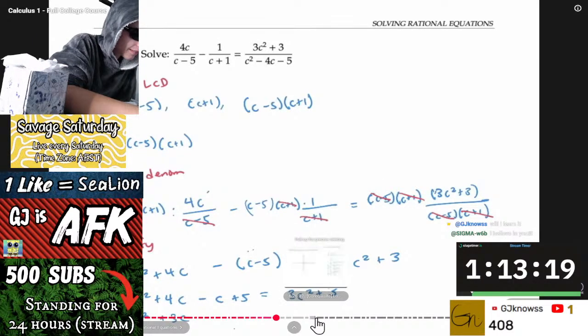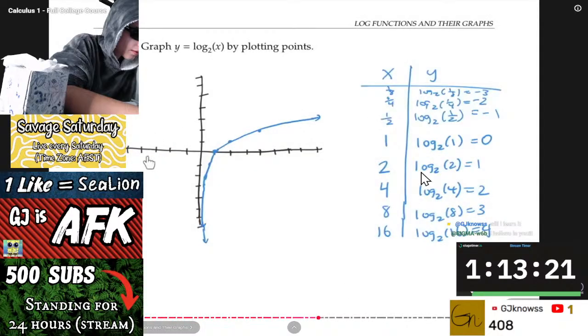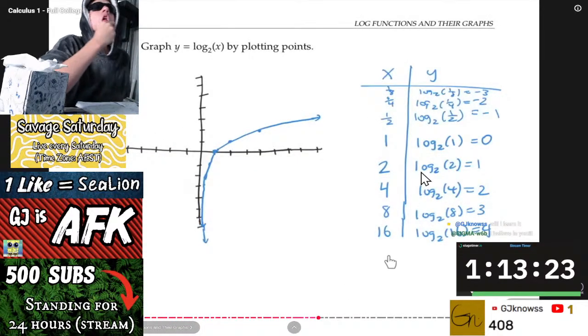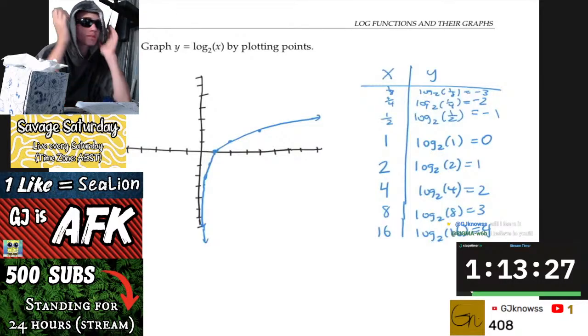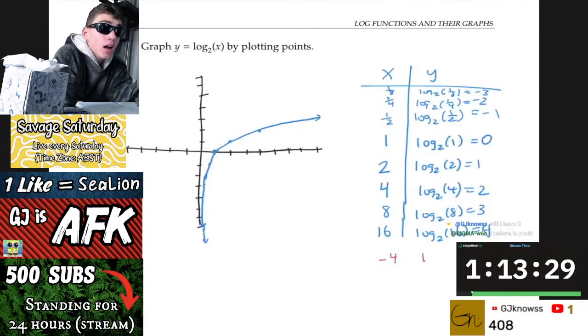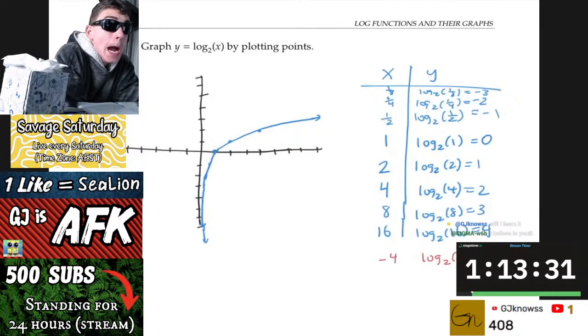I didn't draw any parts of the graph over here with negative x values, and I didn't put any negative x values on my chart. That omission is no accident, because if you try to take the log base 2 or base anything of a negative number, like say negative 4 or something, there's no answer. This doesn't exist because there's no